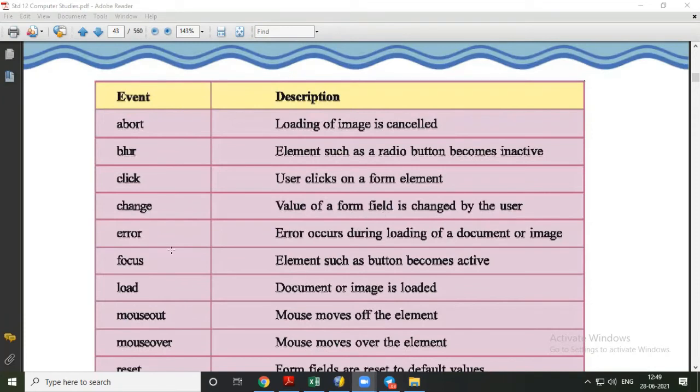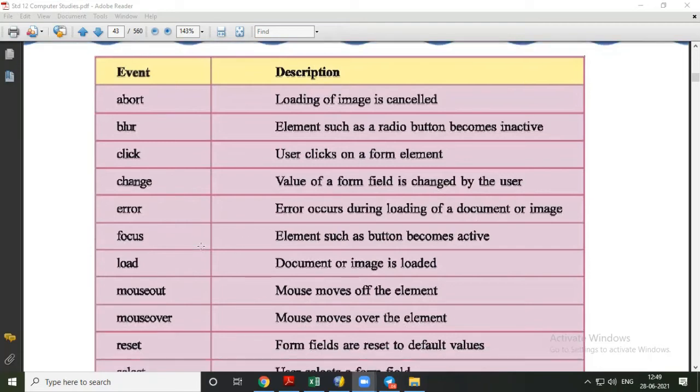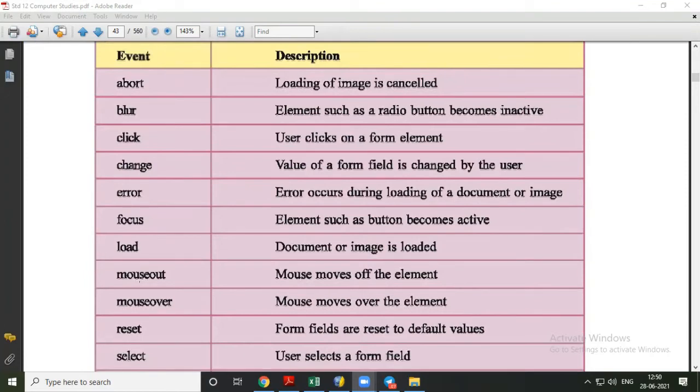Any value in that form field, when the user changes it, at that time the onChange event happens. Then onError, when a document or image stops due to some error, at that time the onError event is there. Then onFocus, that is when elements such as a button become active. Then onMouseOut, onMouseOver, that means when I move my mouse pointer from one place to that particular part.